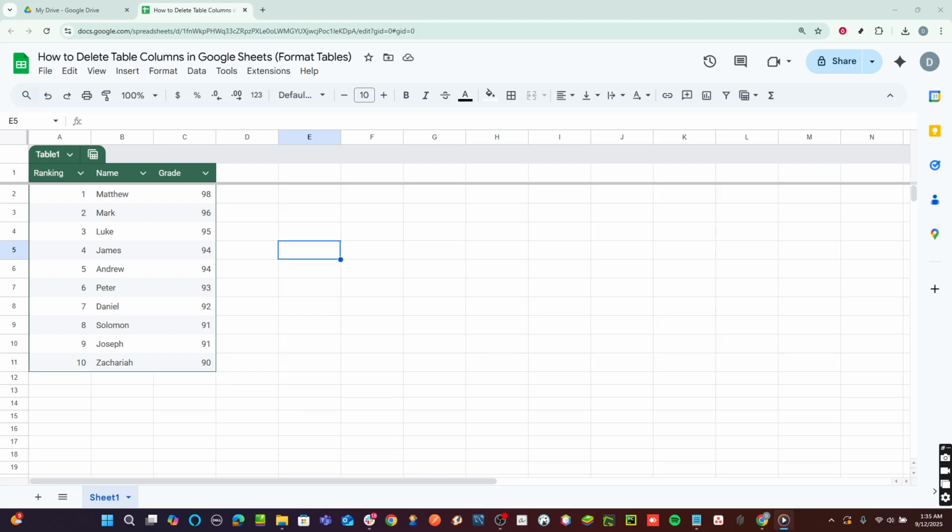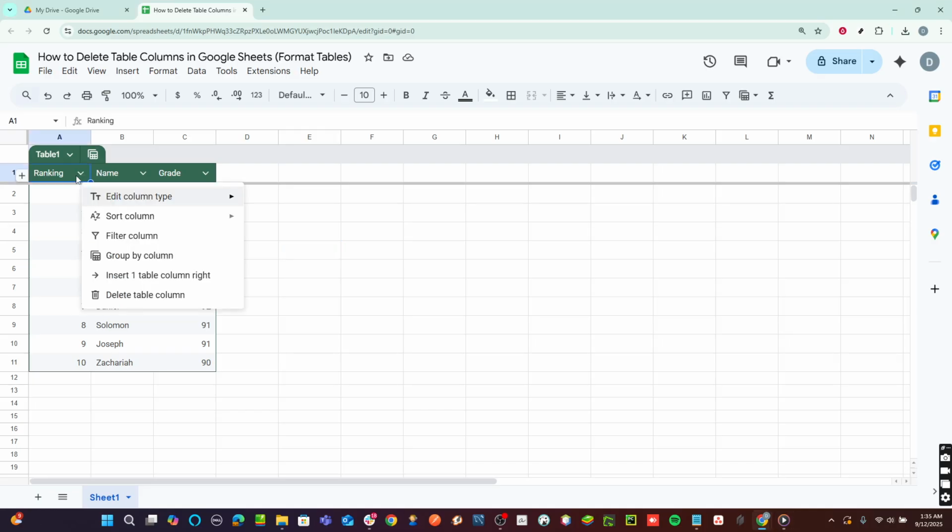Next, decide on which column you want to delete. To do this, you need to first select any cell within that column. This involves a simple click on the cell itself. Selecting a cell is important because it shows Google Sheets which column you are interested in manipulating. If your spreadsheet is filled with lots of data, choosing the right cell ensures that you're working on the correct